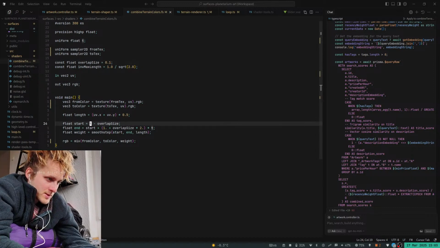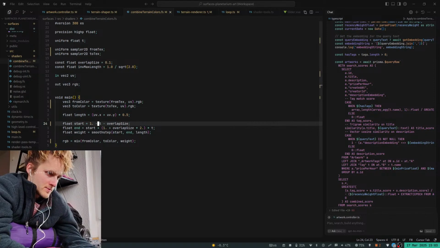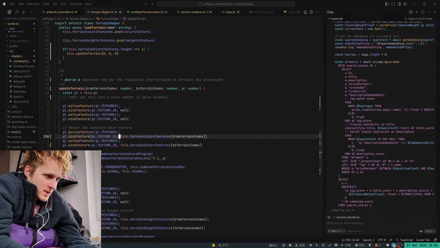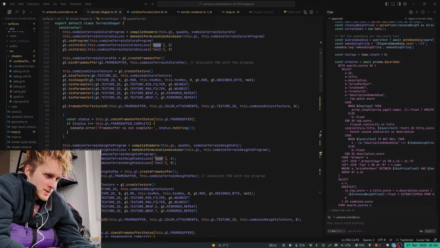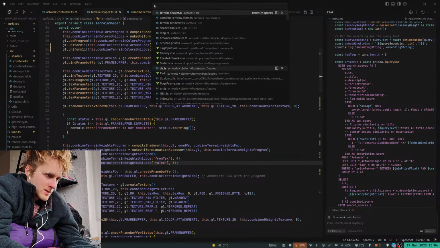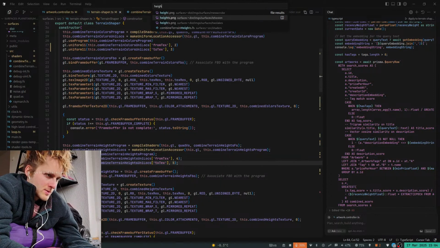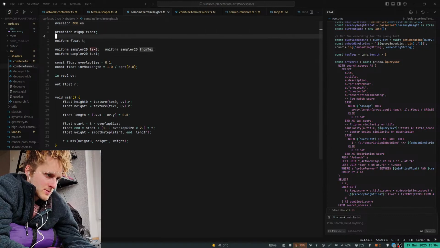So let's try this again. 1 minus. And then here, text. No, so these have to be named from text to text terrain heights to